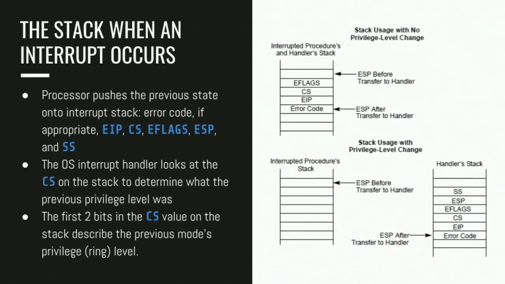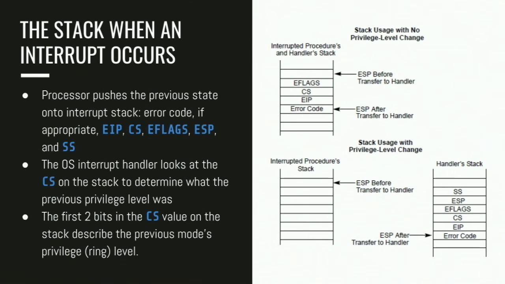Additionally, when that int1 fires, there are some stack artifacts that are pushed on by the CPU, mostly so that your kernel mode handler that's handling this interrupt knows where it came from. So there's certain stuff placed onto the stack, like the instruction pointer where the interrupt was fired, the code segment to figure out what the previous mode of execution was. Is it coming from user mode? Is it coming from kernel mode? There's flags, the stack pointers, and so on and so forth.